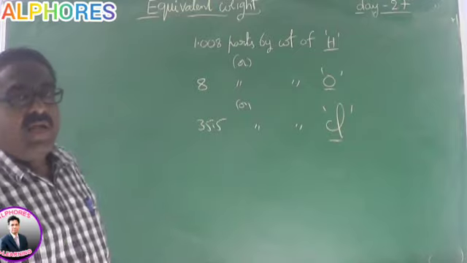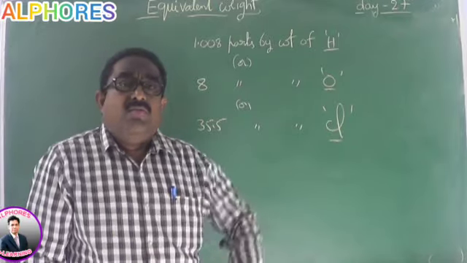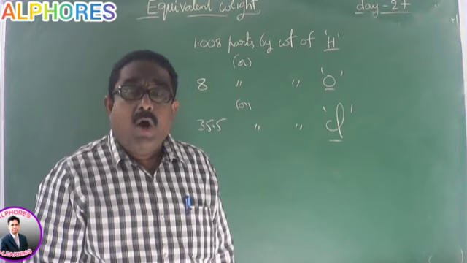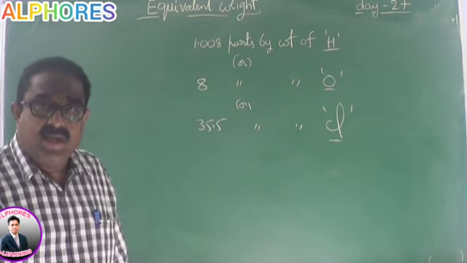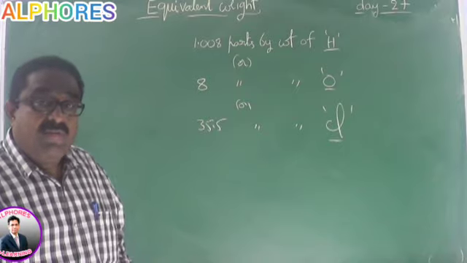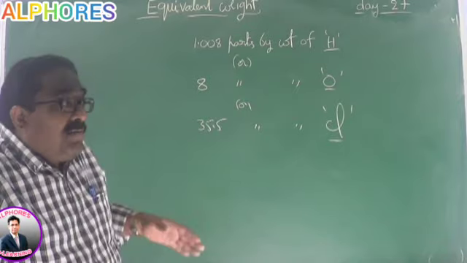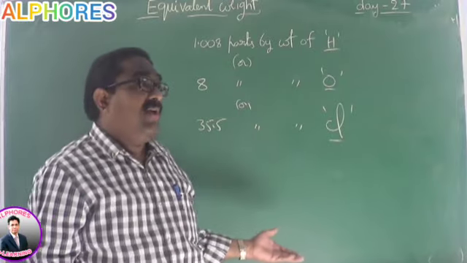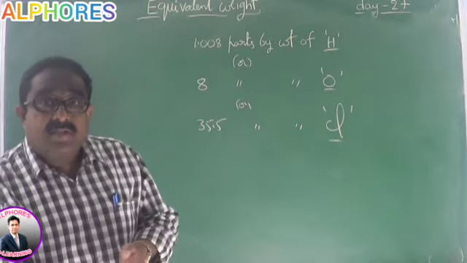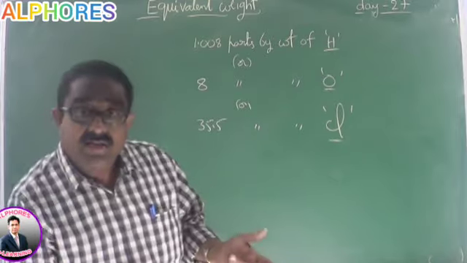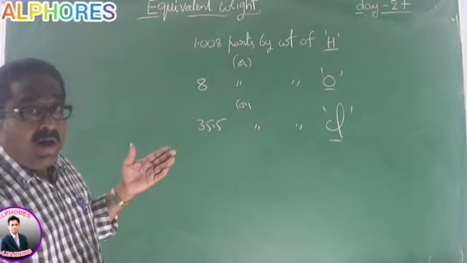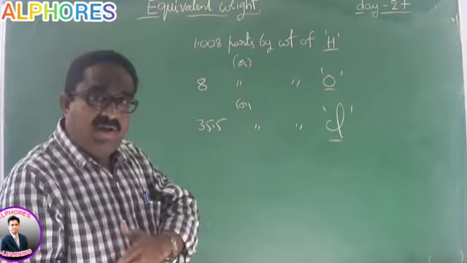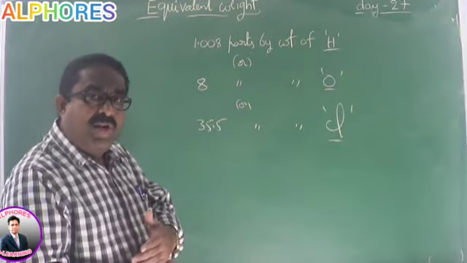Now, let me go for the formula approach of equivalent masses of different elements. How to calculate equivalent masses of substances which are involved in reactions and behave in different manners. Some may behave as oxidizing agents, some as reducing agents, and the same substance can behave as an acid as well as an oxidizing agent. Like that, all other formula approaches. Let me go one by one. Get ready with pen and book and please note it down.